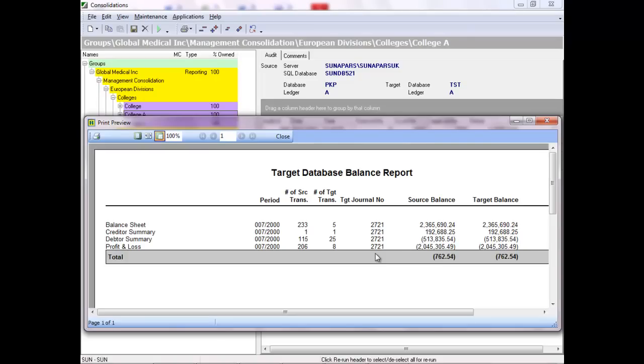Consolidations is integrated to Sun and posts journals instantaneously at the database level with all the correct validation. There is no interfacing or file movement to worry about. You can see here it then shows me the source balance it picked up and the target balance that it has posted. This report will be generated for every level in the tree depending on where I jumped into the